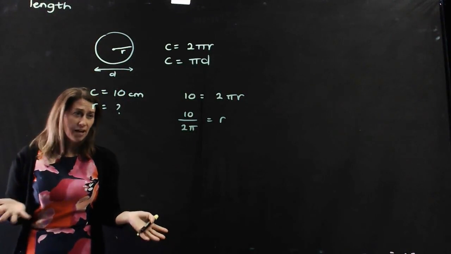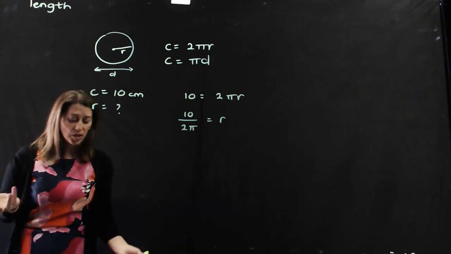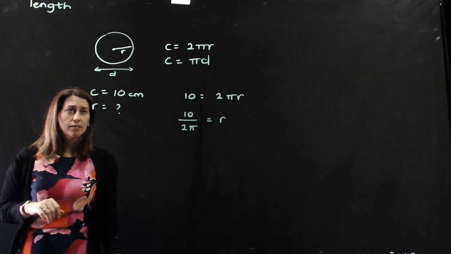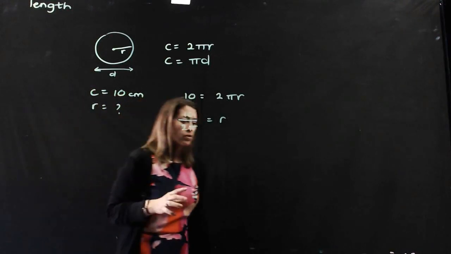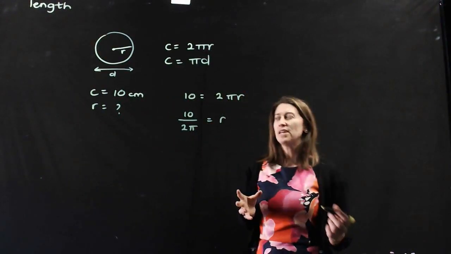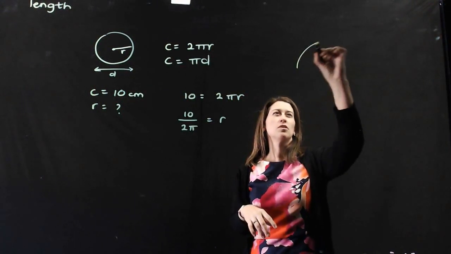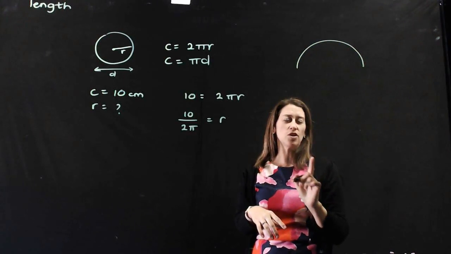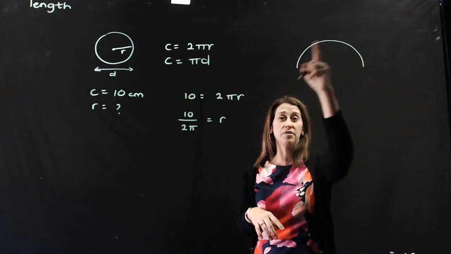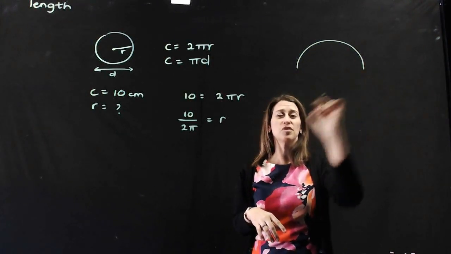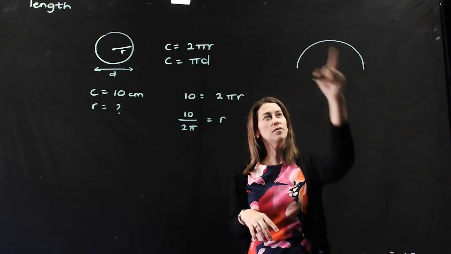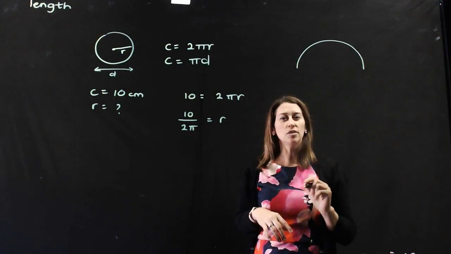Obviously, if I'm not after exact form, I'd work out what 2 pi is and calculate the radius. Now let's talk about parts of circles. Let's talk about sectors. Let's just imagine a semicircle for a moment, and let's imagine we're trying to work just the arc length out. We'll worry about perimeter of these shapes later, but the arc length of this shape, well, I could do that